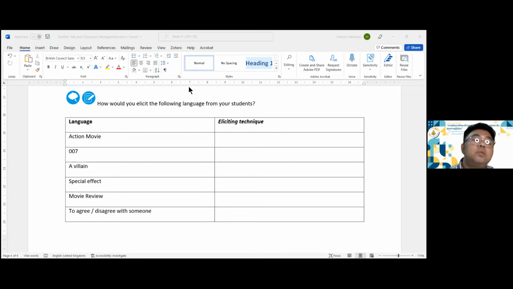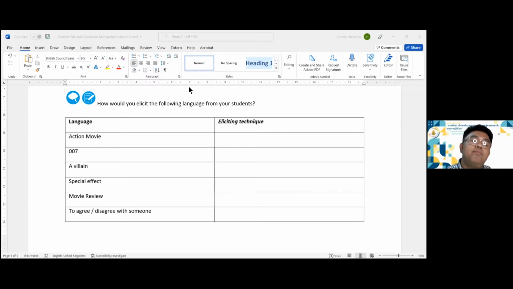How could we elicit movie review from our learners? I think we can use Google or any other review in the social media that help the student to learn about, to engage the movie review. Great. Yes, absolutely. And we could also elicit the term critic, film critic.